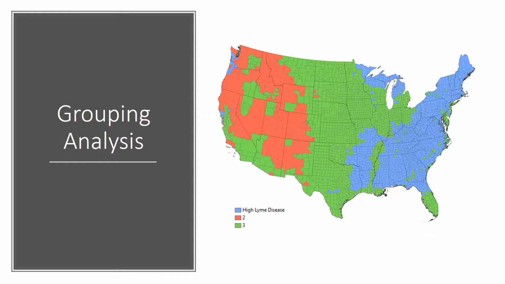This map shows grouping analysis of the landscape features, which groups features based on feature attributes and optional spatial or temporal constraints. The features I used were elevation, slope, tree canopy, fragmentation, deciduous, and evergreen trees with no spatial constraints. The grouping analysis linked the traits into 3 main categories: blue, red, and green. The red areas can depict low levels of Lyme disease. The blue areas can depict high levels of Lyme disease.